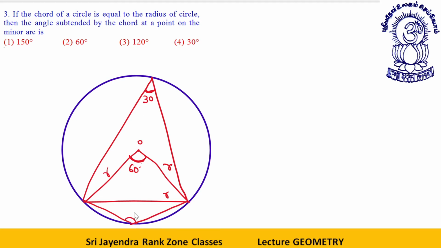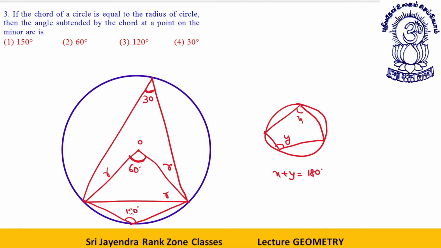See, these are opposite angles of a cyclic quadrilateral. We have discussed this property initially. If this is a cyclic quadrilateral, if this is angle x and this is angle y, then x plus y will be equal to 180 degrees. So 30 and 150: 30 plus 150 will be equal to 180 degree. Okay, dear students, fine, I hope it is clear to all of you. Let's move ahead. Let's take the next one.